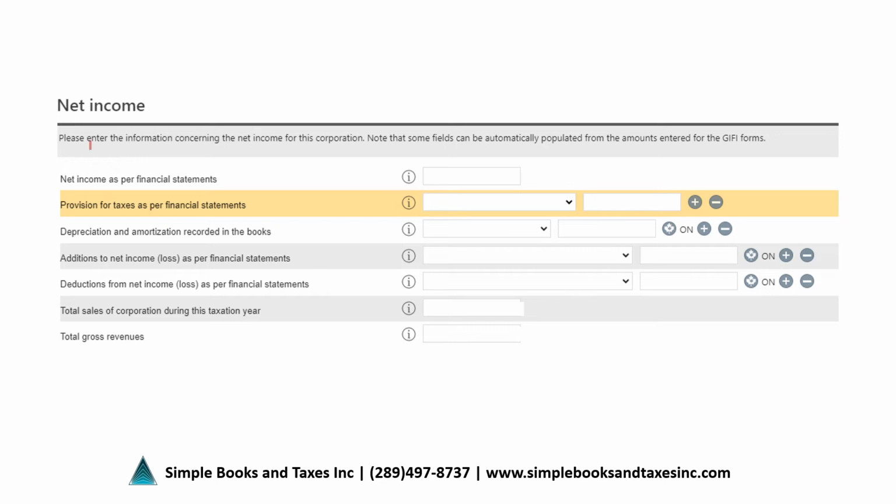And now we can enter or review the automatically populated information about the net income. Net income as per financial statements will show over here. Provision for taxes as per financial statements, if any, will show over here. If the company owns depreciable tangible assets or intangible assets, then the depreciation and amortization recorded in the books will show over here. If we did any adjustments to the income or loss of the company,